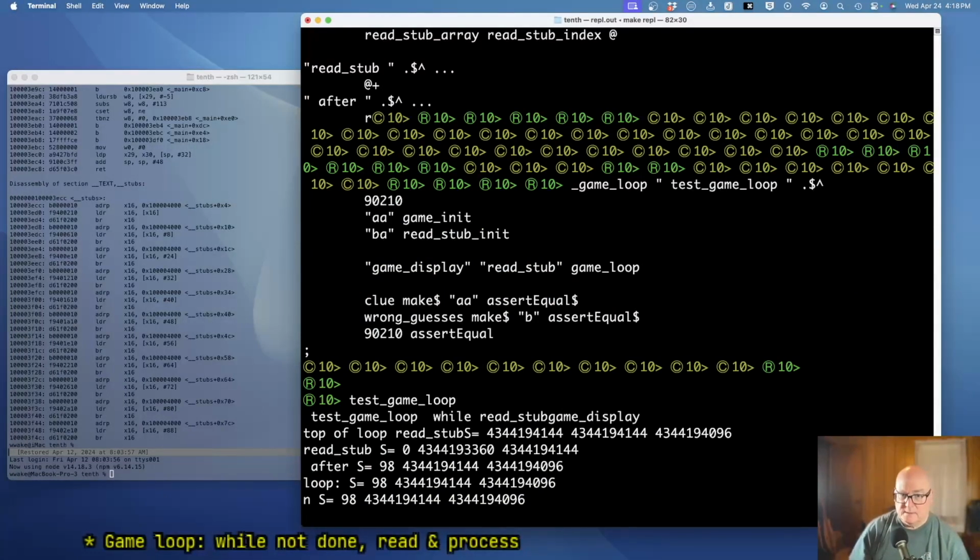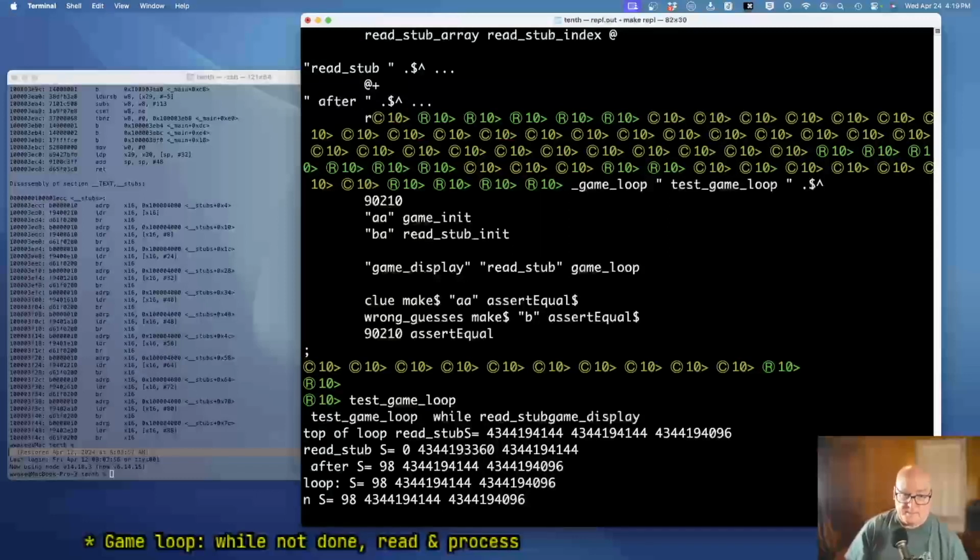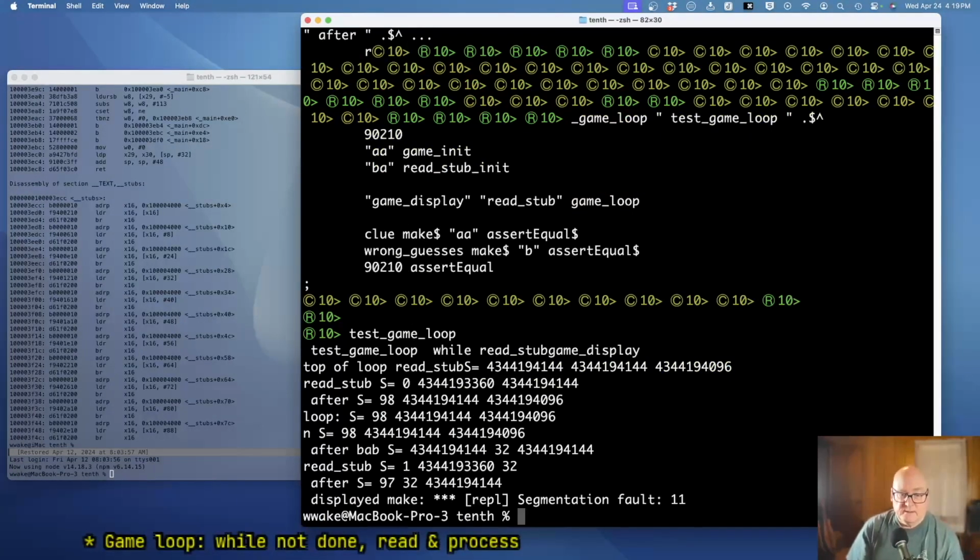Okay, so stub game, so it should be 144 is read. Notice they come in different places every time. I think that's a security thing. And 4096 is display. Okay, so we read our B. We're in the no case. We called after,